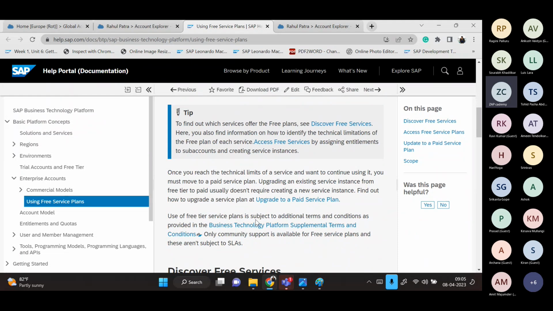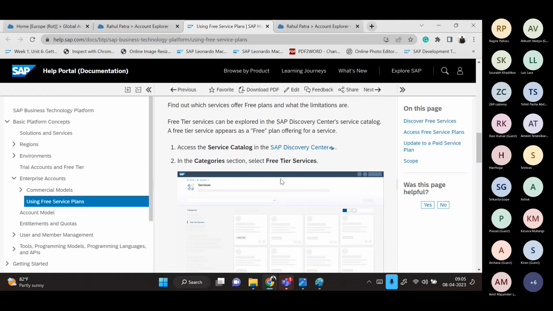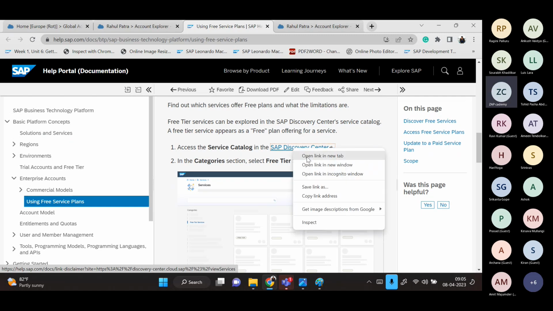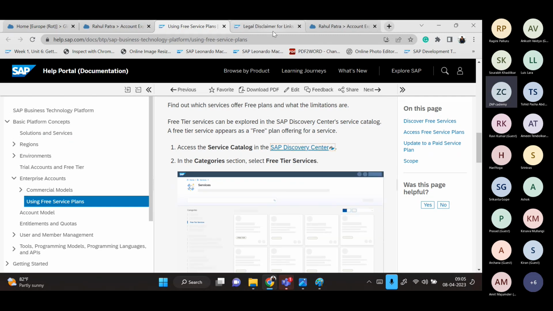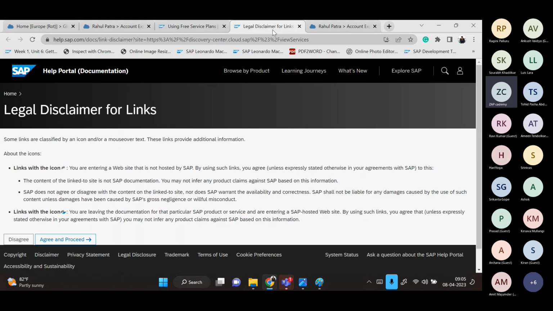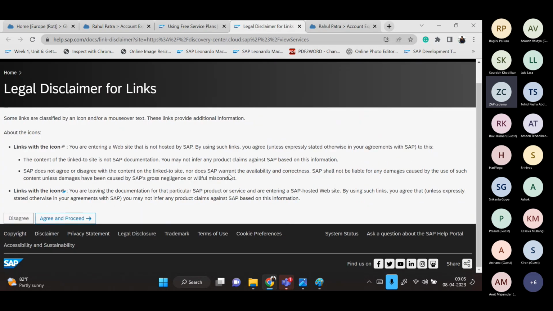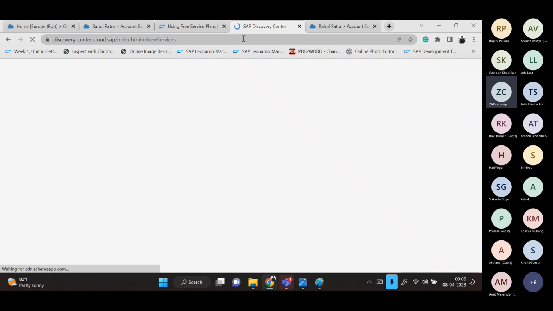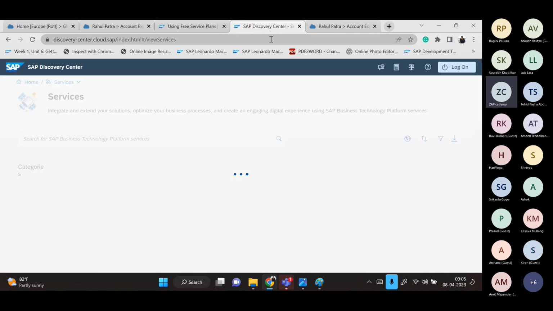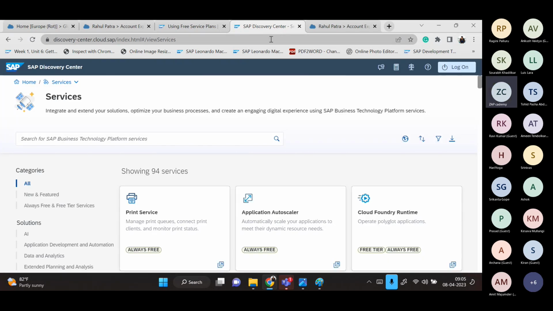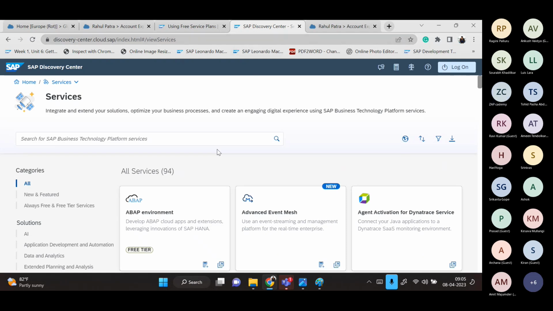It gives you all different sorts of options and a link to SAP Discovery Center. What is SAP Discovery Center? It is basically a place where SAP manages all their service details. If somebody wants to see the list of services available in SAP, you can come to the SAP Discovery Center, and there you can choose the service and see the price of the service and details about the service. As an example, if I go to this